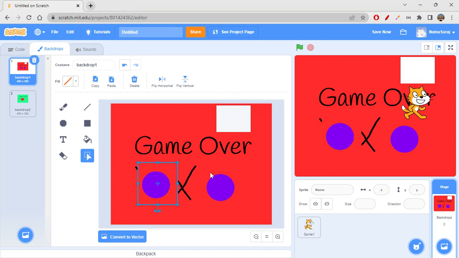However much you select, that big a thing you will get. If you only select the circle part, you would copy it and then paste it. See, it is also carrying that red colored fill, right? So you can select something and delete it in this way, or you can just copy paste that one, right?